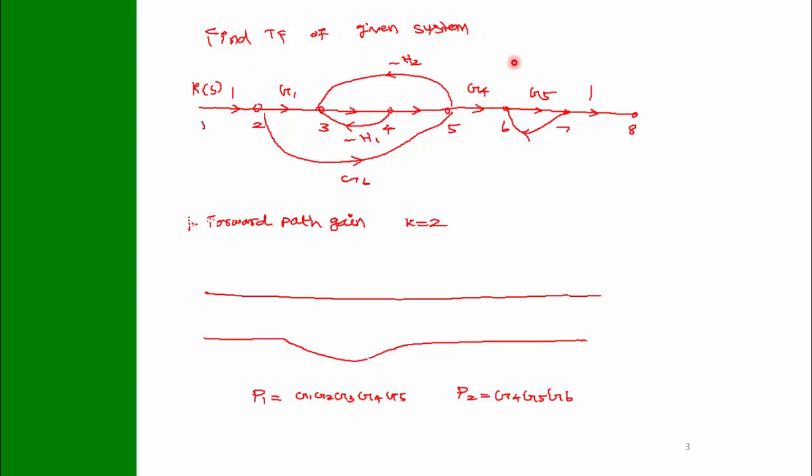The next important command is highlighter. For that, press Control I on your keyboard. So Control I. Now you can highlight. Say I am going to highlight the forward path. This is my forward path. Next I am going to highlight the second forward path like this. So this is called highlighter. You can highlight any place like this.